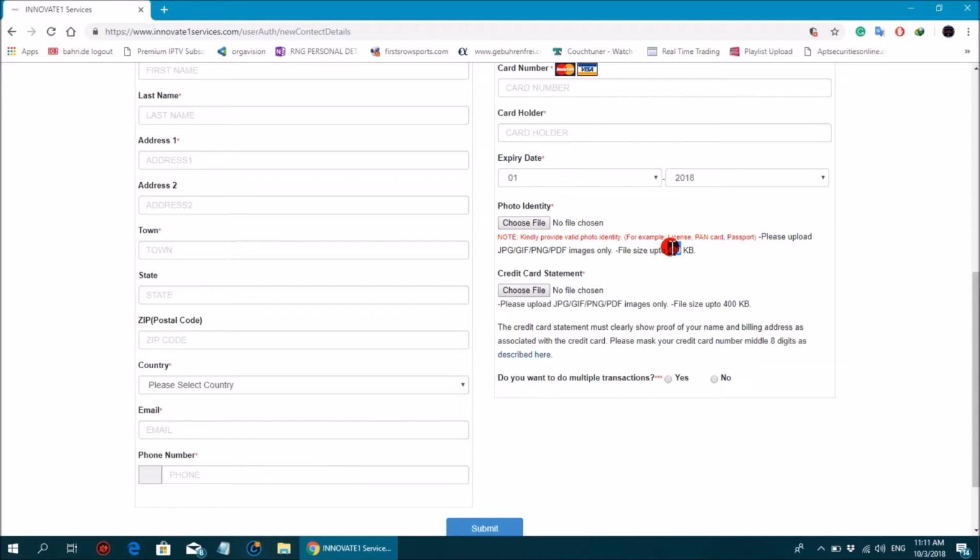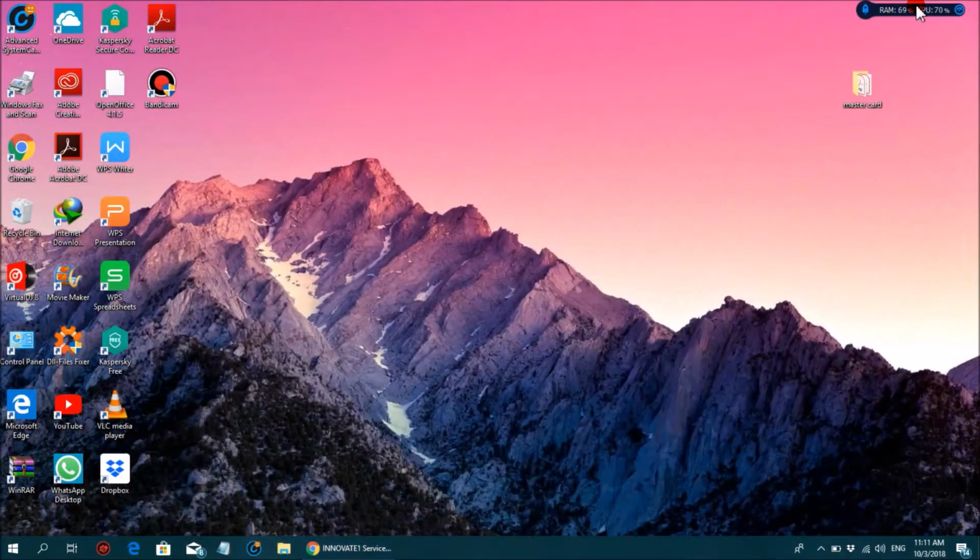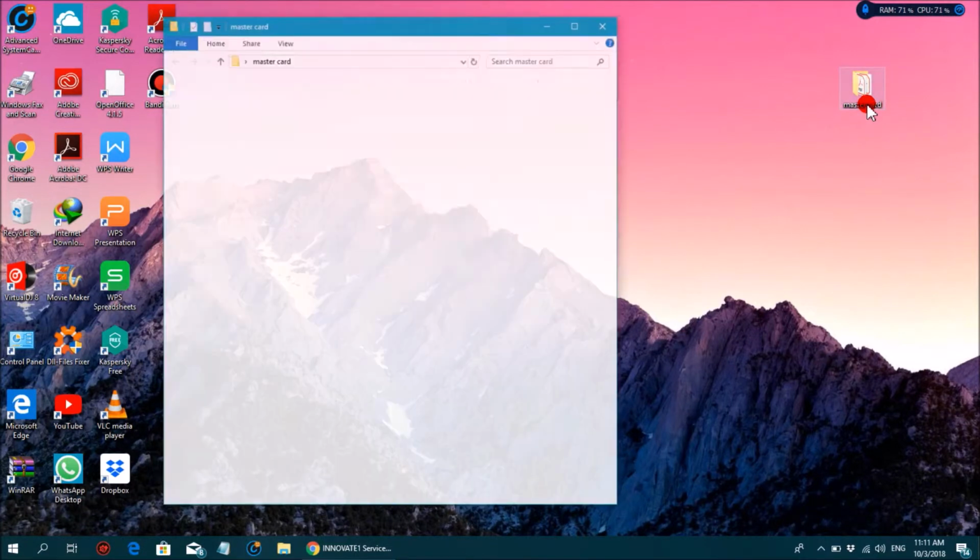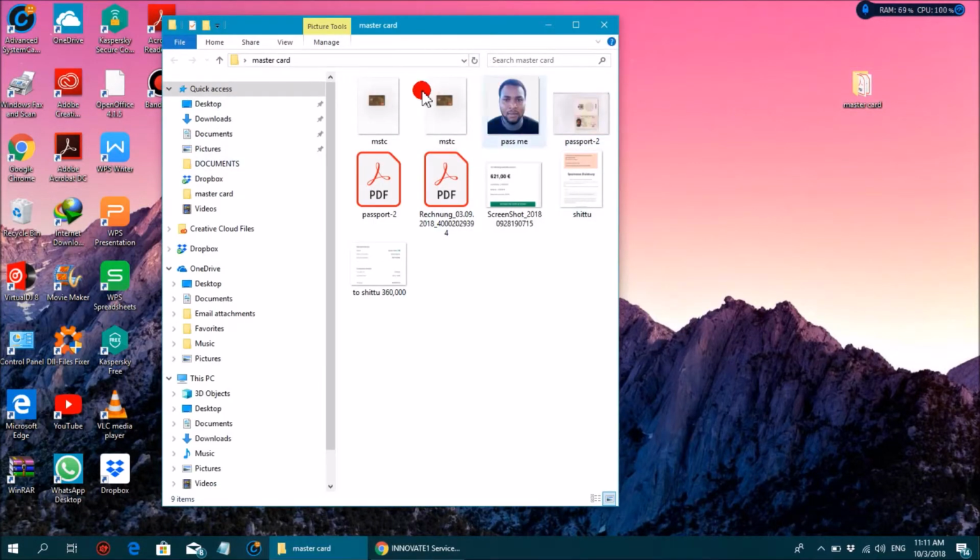So find a way. If you don't know how big your file is, you can come down here or just go to the file. For instance, this is my passport that I used. I converted it to PDF, or this is the photo one, any of the formats.